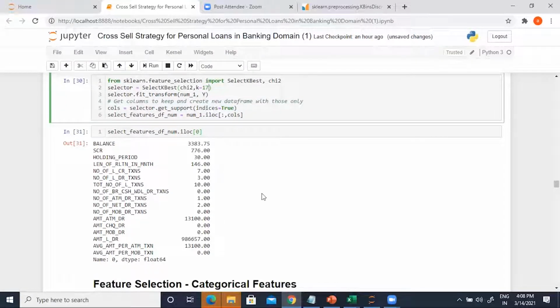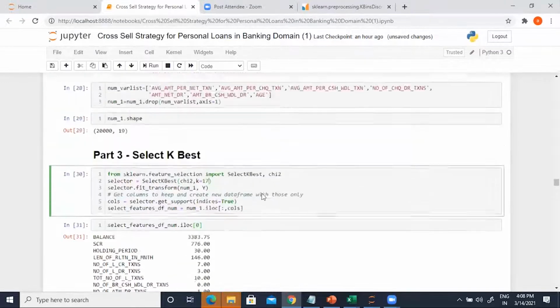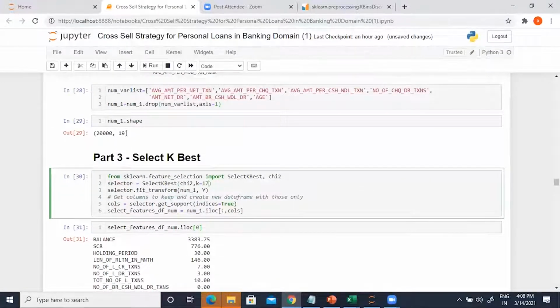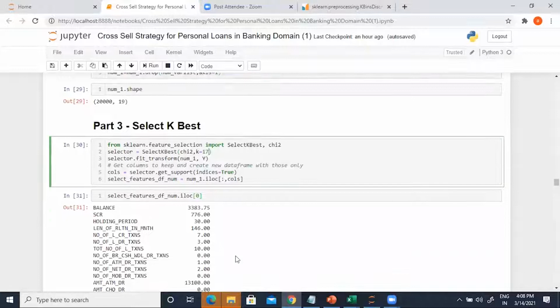I can keep 19 also, but if I have to reduce my universe from 19, I just give a bare minimum number, which is from 19 to 17. If you have thousands of features, you can remove, say, 50 or 100 features and keep only the best ones. I wanted to keep the best 17 out of 19 so that I don't lose out on too many features, but I also want to keep the best of the best. Make sense? Yes. Okay, perfect.